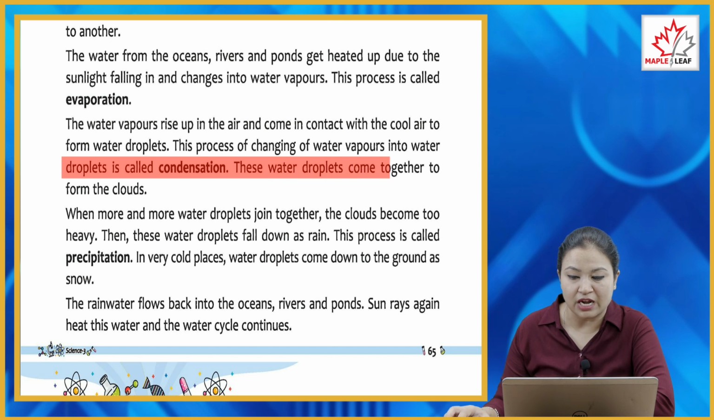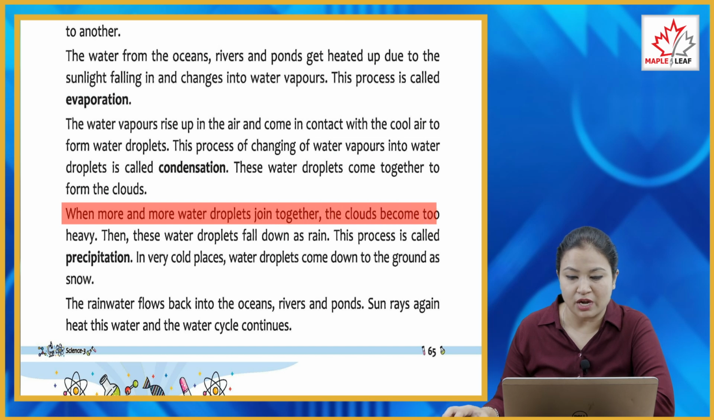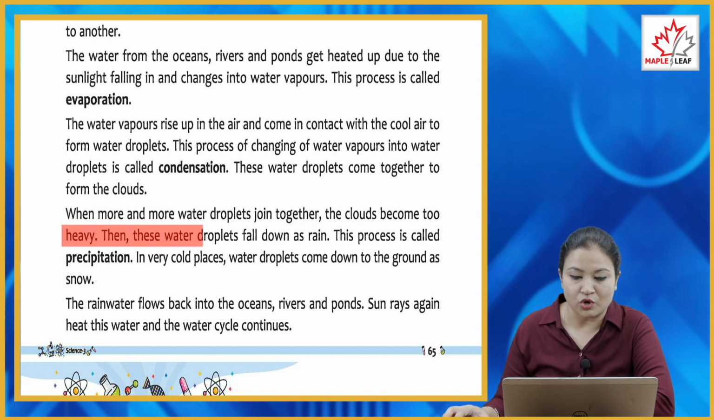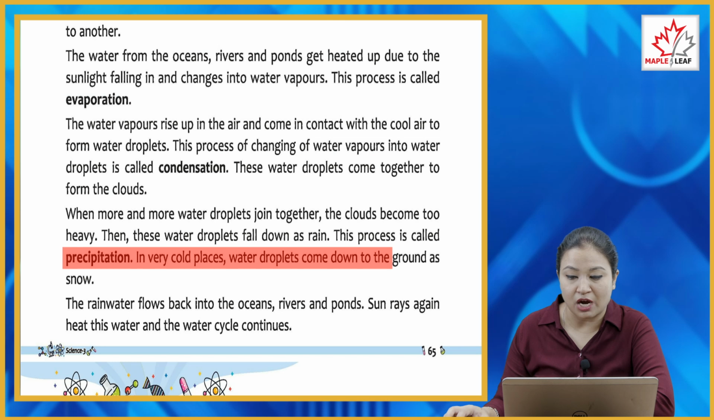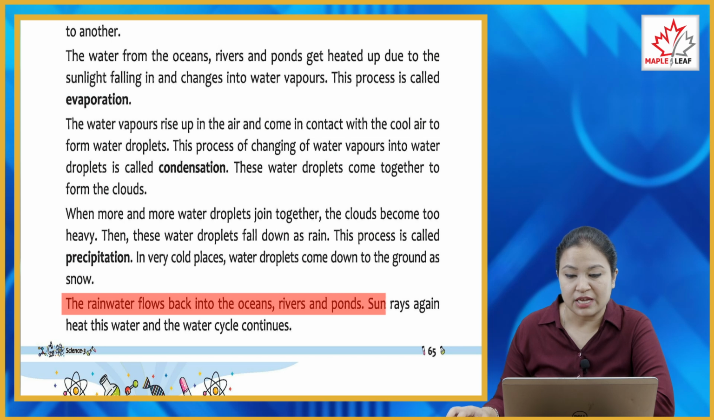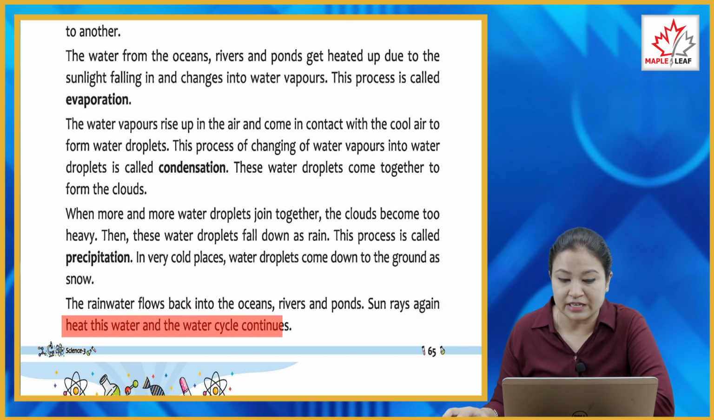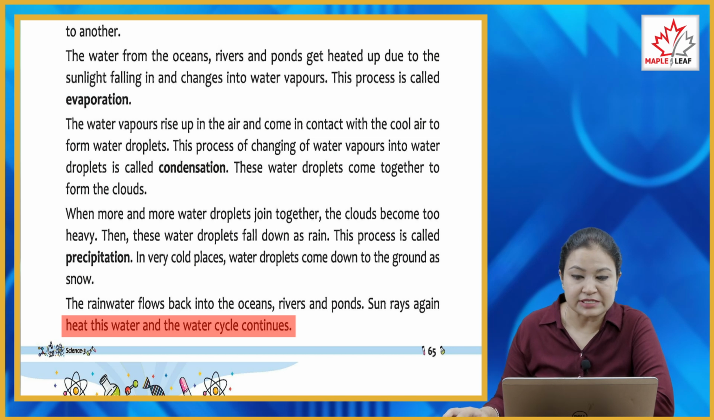These water droplets come together to form the clouds. When more and more water droplets join together, the clouds become too heavy. Then these water droplets fall down as rain. This process is called precipitation. In very cold places, water droplets come down to the ground as snow. The rain water flows back into the ocean, rivers and ponds. Sun rays again heat this water and the water cycle continues. So this water cycle